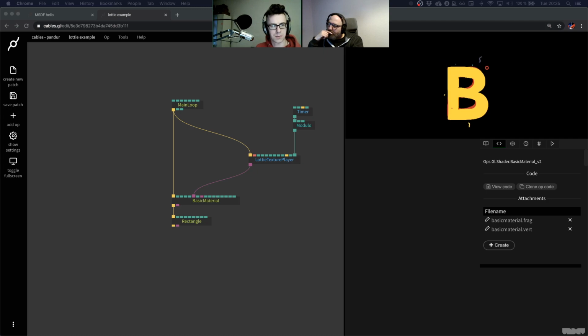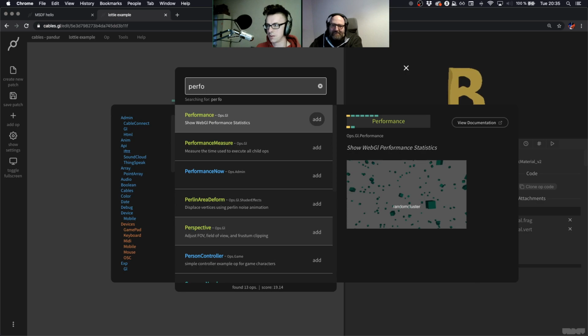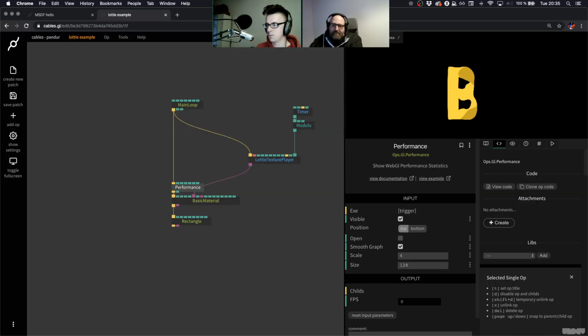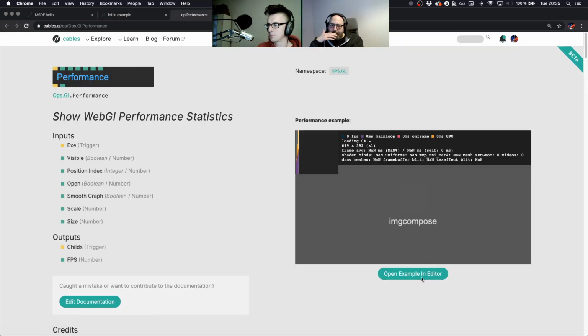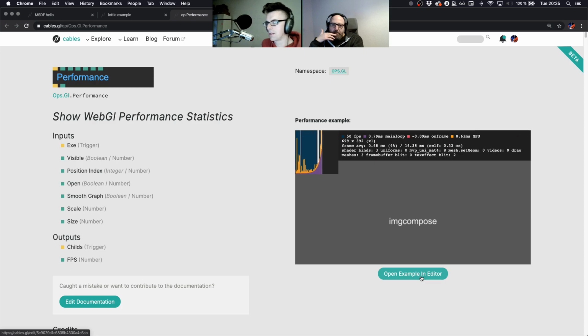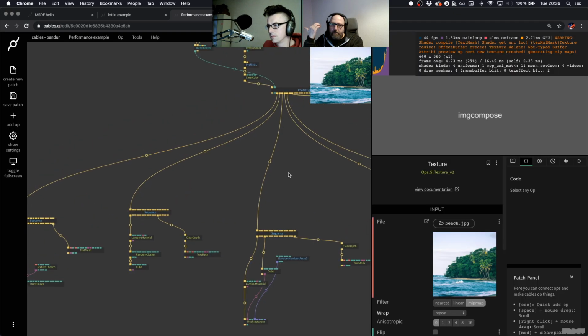So next up, the performance op, Tom. Okay. Performance. It's always a thing for a lot of people. Like, hey, my patch is slowing down. Why is this? You've built a big patch. How do you figure out what it is? Exactly. So we have had this performance op for quite a while, but now we have